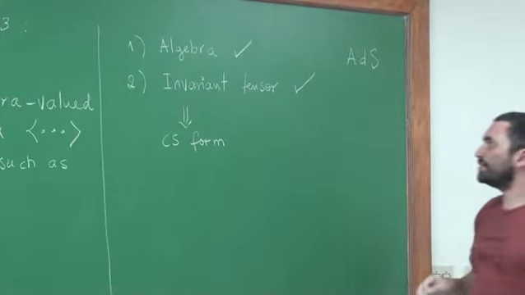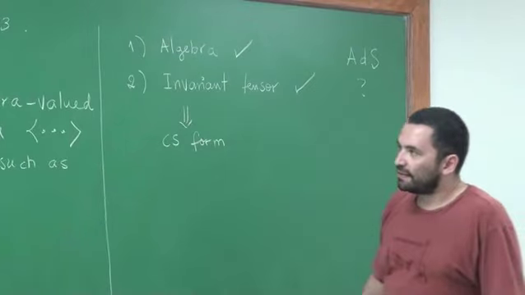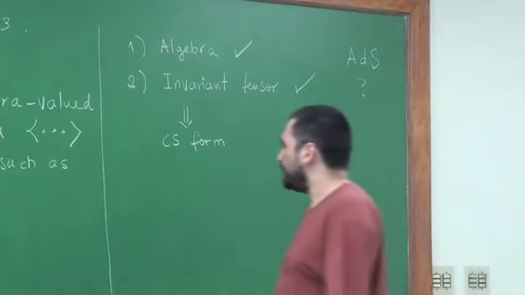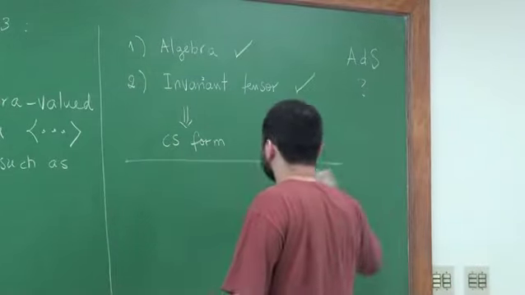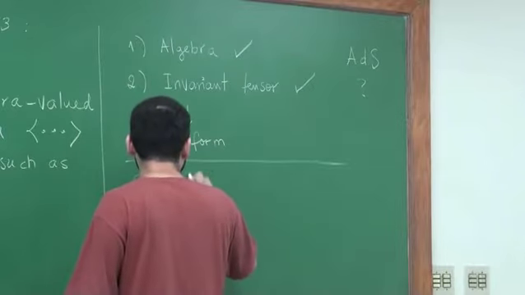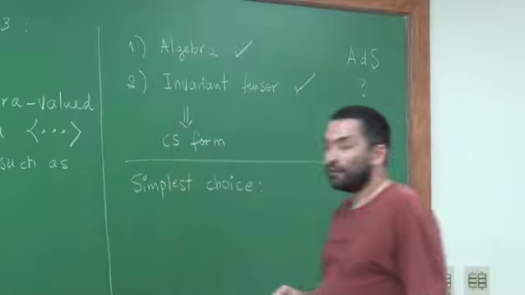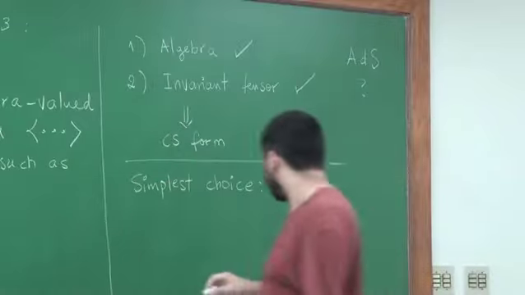And the invariant tensor, well, what is this? There are several options actually, but you can show that if you choose this here,